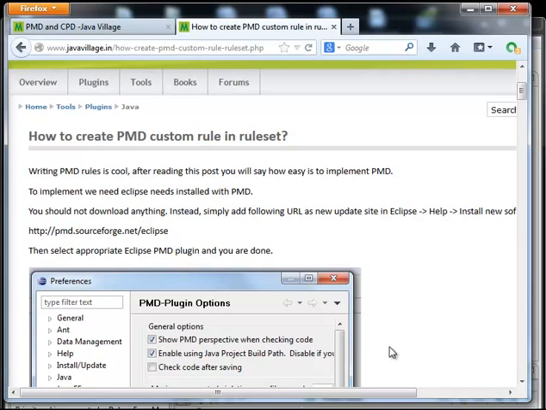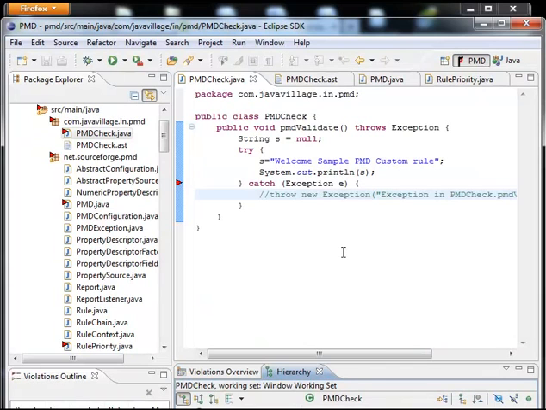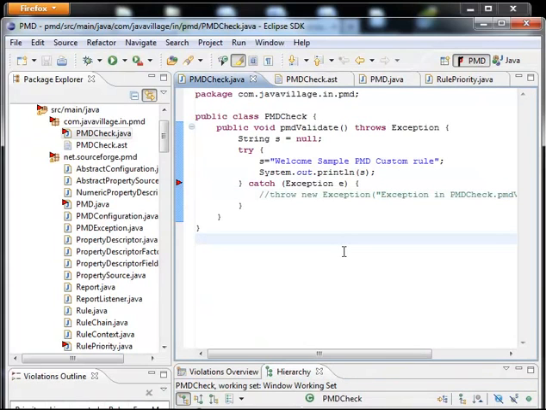Custom rules we can write in two types. One is Java coding standard, so as per the Java code we can write, and the other is using XPath. Before we write any code, first we have to write one sample program. For example, in my code I want to see a throw, because whenever we are catching any exception,